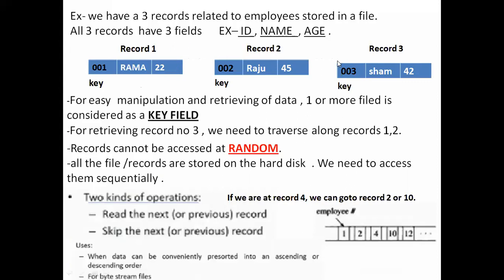According to the figure, you can have 3 records here. Which are they? Say the students by name Rama, Raju, and Sham are the 3 records, belonging to the 3 students. Each student has a roll number, where 001 is the roll number of Rama, 02 for Raju, and 03 for Sham. So these records, record 1, record 2, record 3, are being arranged based upon the key field. And here I considered the key field as